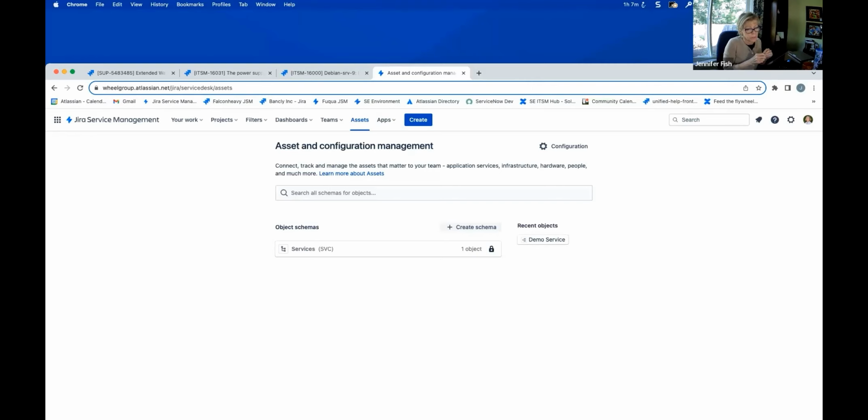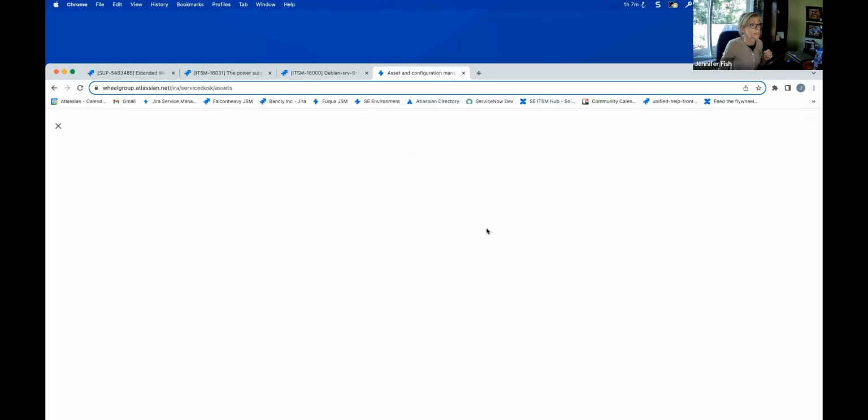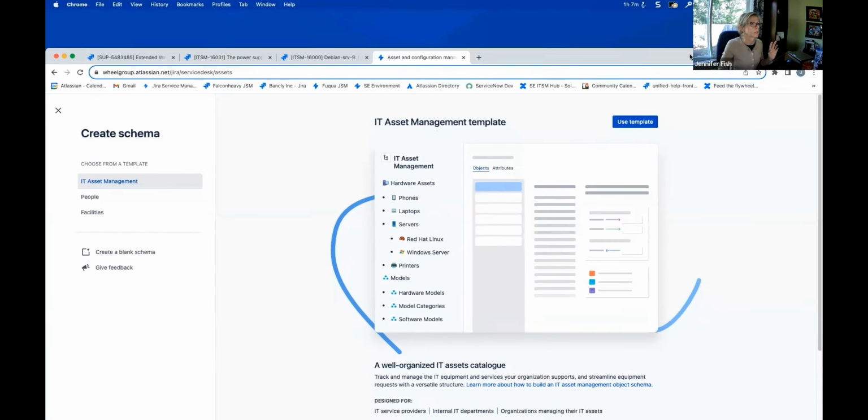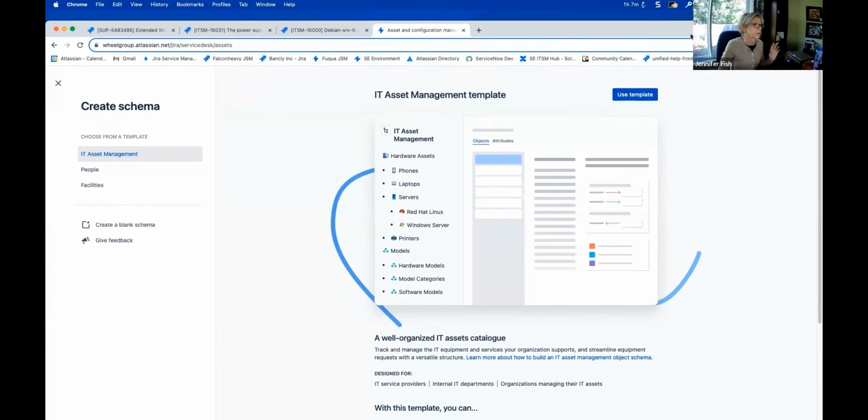Last year, if you started pulling apart Assets, you were starting from scratch for everything. But one of the things we introduced, in the July timeframe, was schema templates. If you haven't had a chance to work with schema templates, I think they're just fantastic. If we look here, we have some basic building blocks that are key to any inventory management. We have asset management for tracking, as Kate called out before, our basic IT: servers, laptops, phones, printers. We can add storage to this, etc.